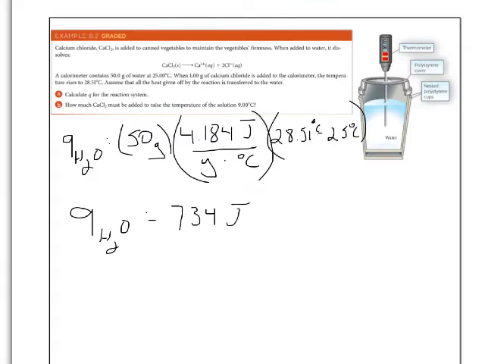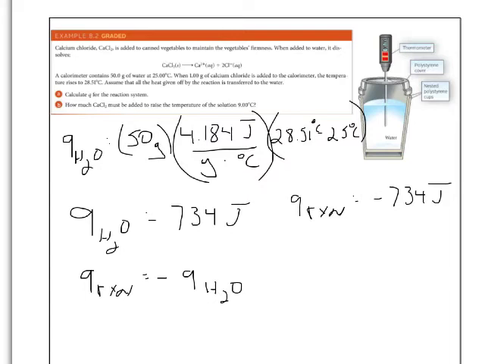Now, the heat that is gained by the water is lost by the reaction. So we can say that Q reaction is equal to minus QH2O. So Q reaction is going to be minus 734 joules. Okay, so take a look at that, think about that for a minute, and then let's look at the second